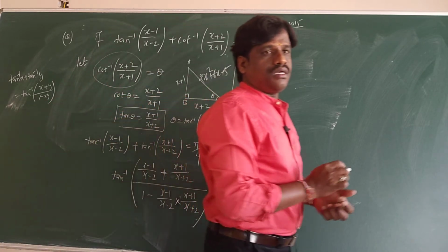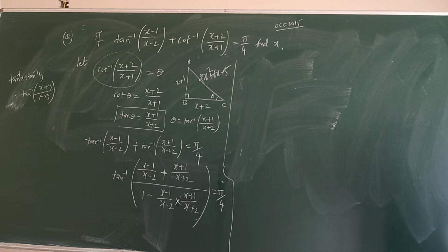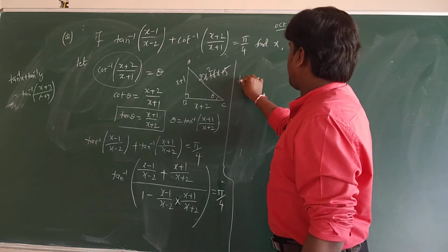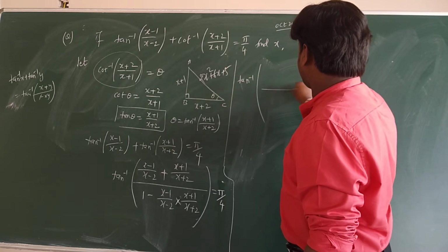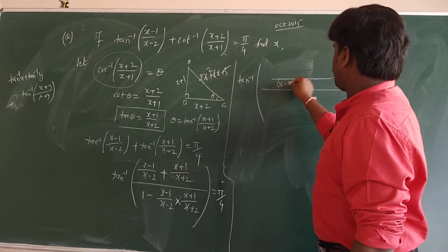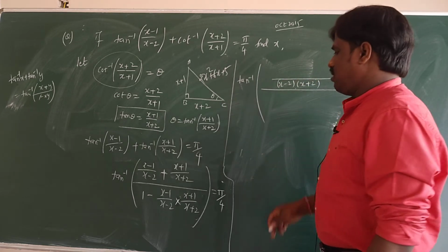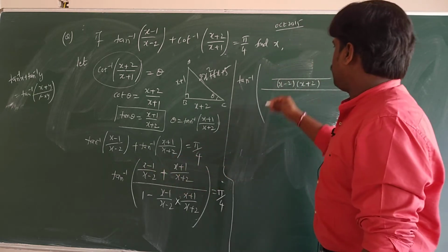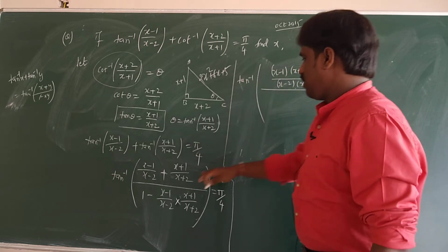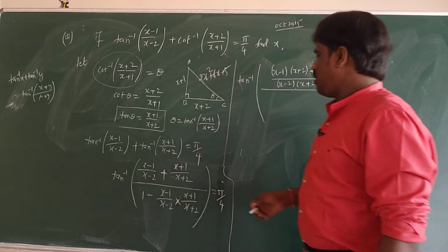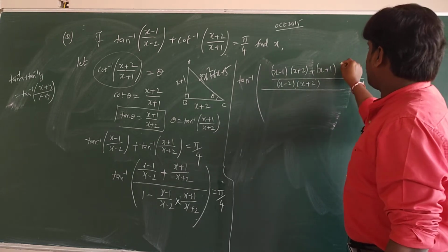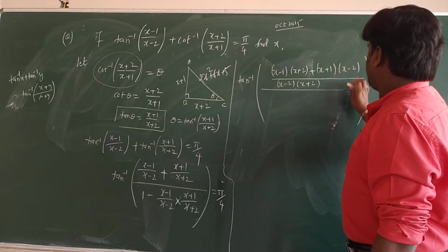That's it. The tan inverse x plus tan inverse y formula is the same, right? Yes, fine, correct. So now what we can use here: tan inverse, I can write this one. I can take the LCM of (x minus 2) into (x plus 2). So (x plus 2) will multiply on the numerator, (x minus 1) into (x plus 2). Are you getting it? I am doing the LCM here. And there I am writing (x plus 1) into (x minus 2).